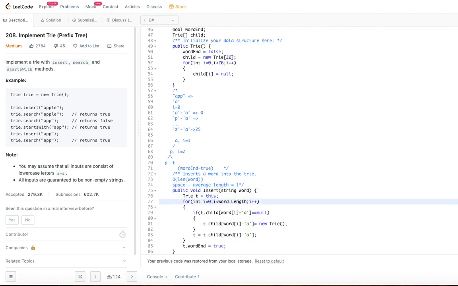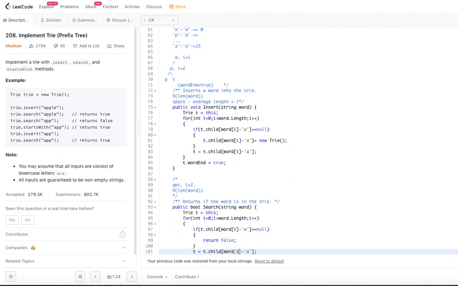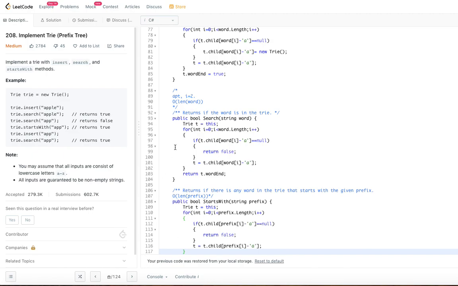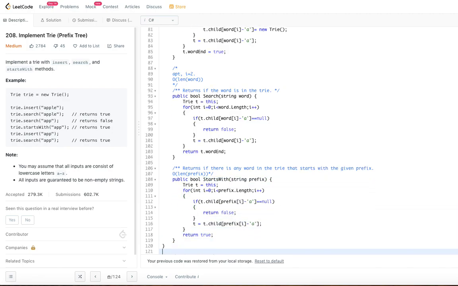Let's jump into the search. Are we using any extra space for searching? No, we are not using any extra space, so this will be constant space. We are using the existing trie. Similarly for starts with, we are not using any extra space.